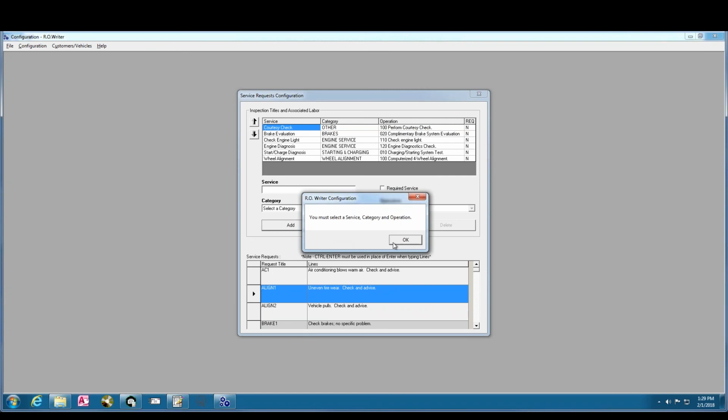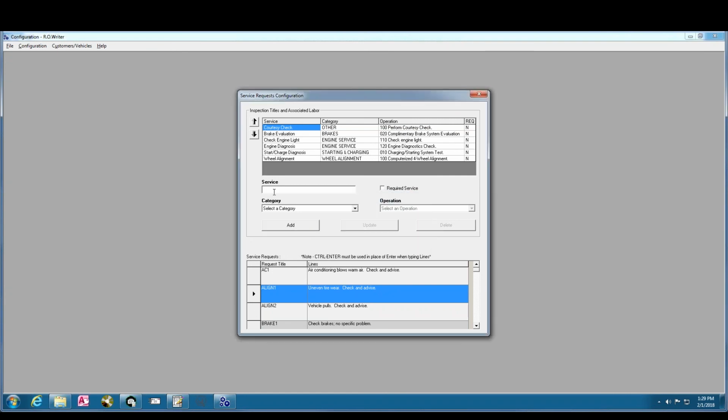So if I wanted to add one, all I do is say, well, let's go ahead and add one. So our service is going to be, in this case, well, how about a transmission flush? And then the category of service that I want to select, in my case, is going to be under transmission and differential services. And then underneath my operations, we'll call it the automatic transmission fluid exchange. If I told it it was a required service, now not applicable likely in this case, but you'll notice if I did check that box when I click on add, then now it's got a Y in there as the trans flush is now required, or really it's more going to get added by default each time I